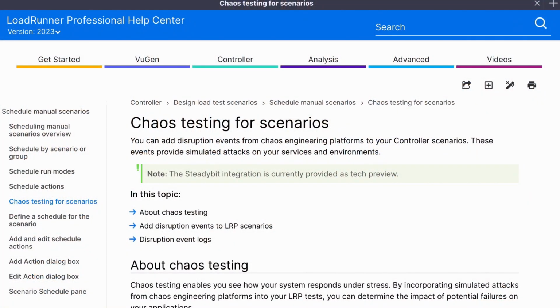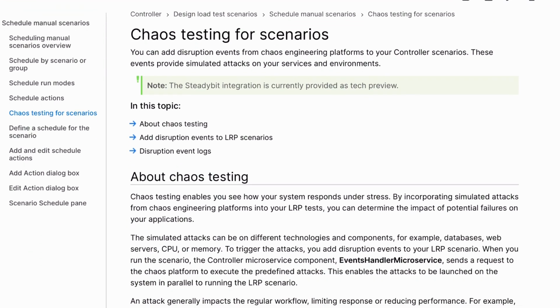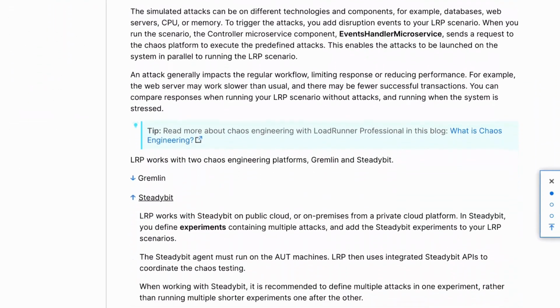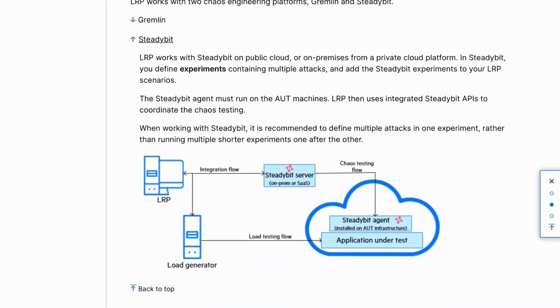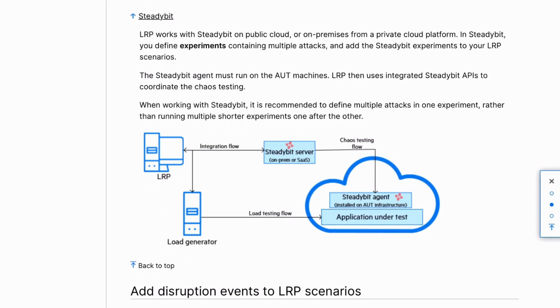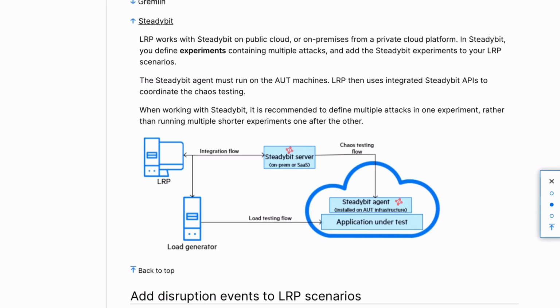If you go to the documentation for LoadRunner Professional in the LoadRunner Help Center online, you'll actually see there's a section called Chaos Testing for Scenarios. And there are actually two integrations for LoadRunner. One is Gremlin, which we've talked about on the program in the past. The other is a company called Steadybit, but you may not have heard of.